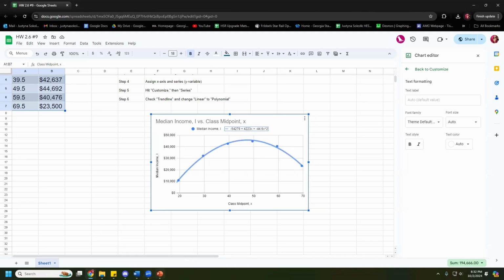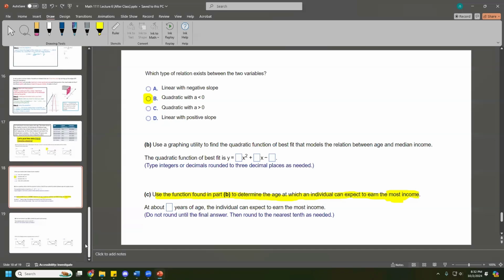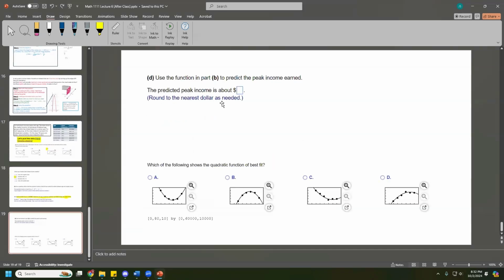All right, and this is how you tackle the data analysis that was on the last slides. There's only a little bit more here. This is just asking you what the vertex is. It says, what is the peak predicted income? So you just find the vertex and that'll tell you what it is. And it asks you, all right, well, which one of these has the right picture on it? Without even thinking, I know it's this one because these guys don't even remotely look the same as what I